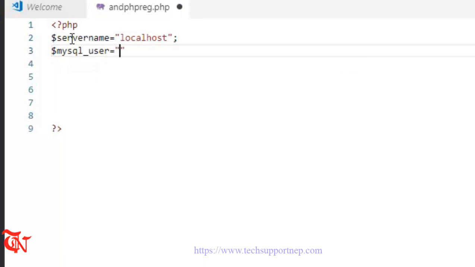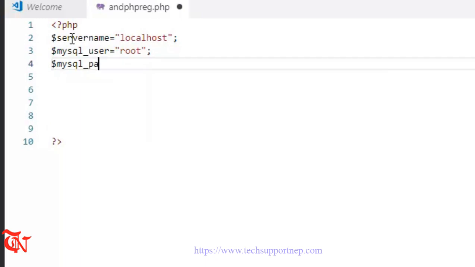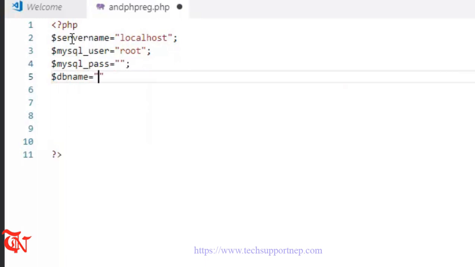The phpMyAdmin username default one is root. If you change the default phpMyAdmin username and password, you need to enter the changed username and password, but the default one is root and the default password is empty, and our DB name is equal to